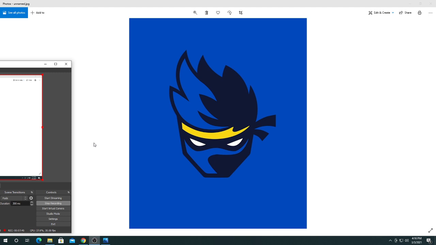The next thing I would look at inside of here would be the recording. This gives you modifiers for setting file name formatting, which is really cool because this helps you not delete files on accident, because you can know exactly when you recorded them just by looking at the file name, and